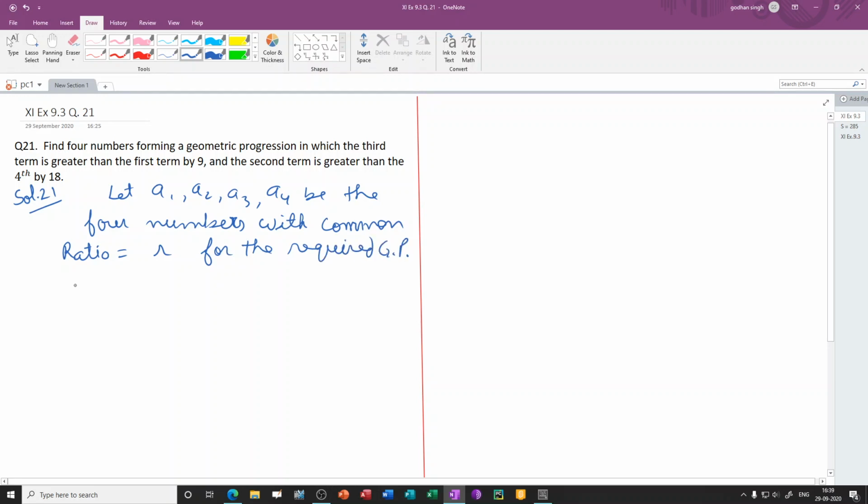And therefore we have what is given to us, that is find four numbers forming a